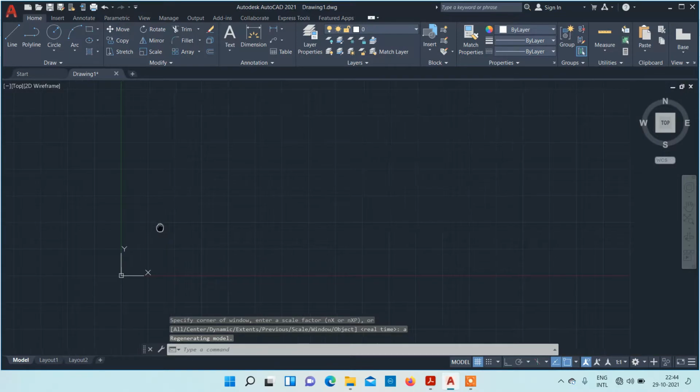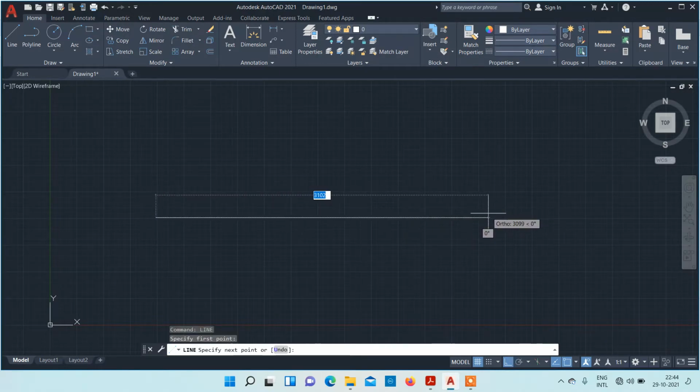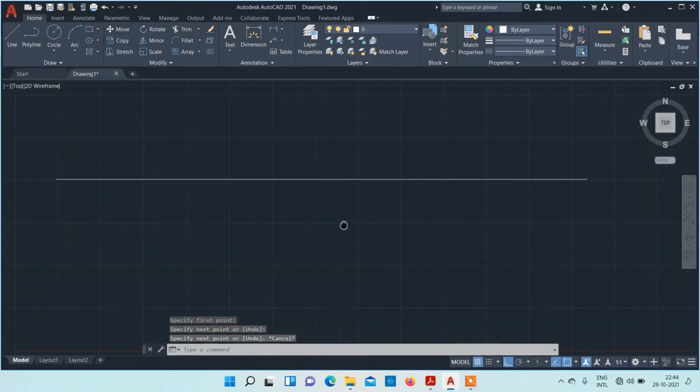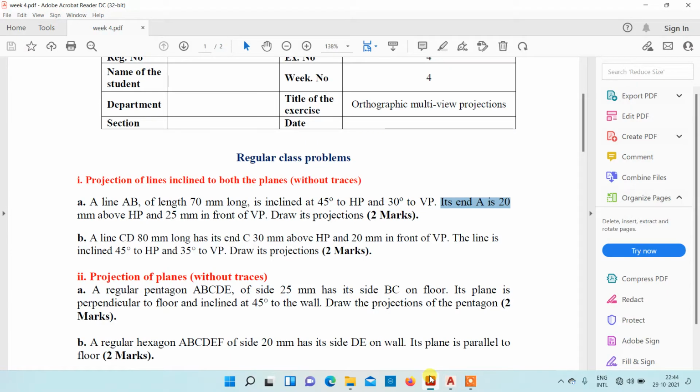So the first step with respect to drawing the projection of line inclined to both the planes is we have to draw the reference line XY. So make sure that ortho is on. So draw a line for random length. Okay, so once you draw the reference line, next thing you have to draw